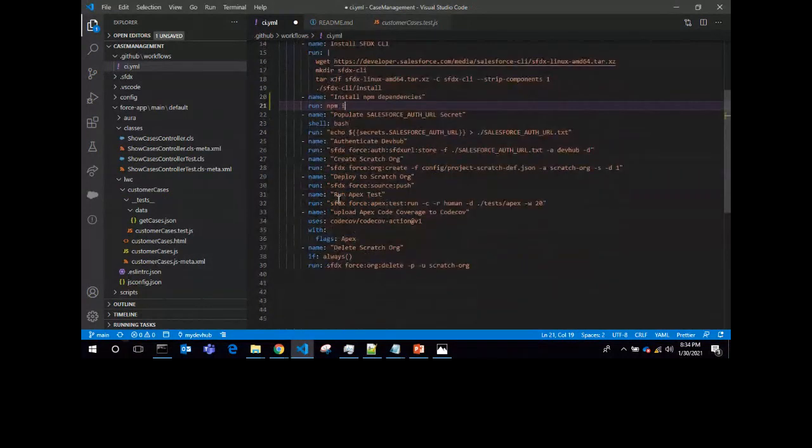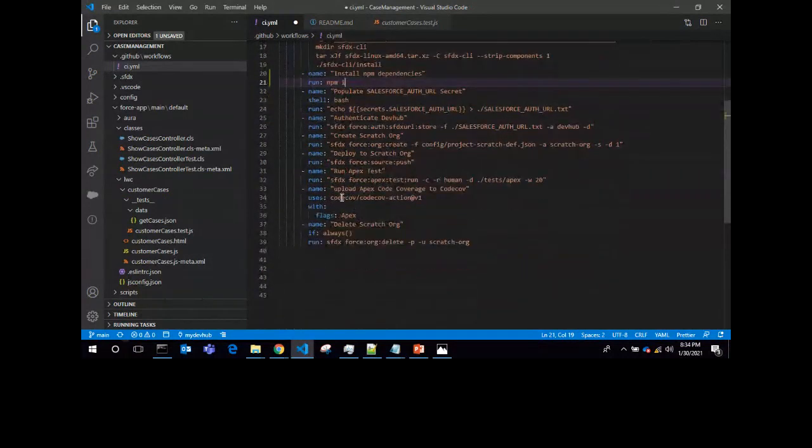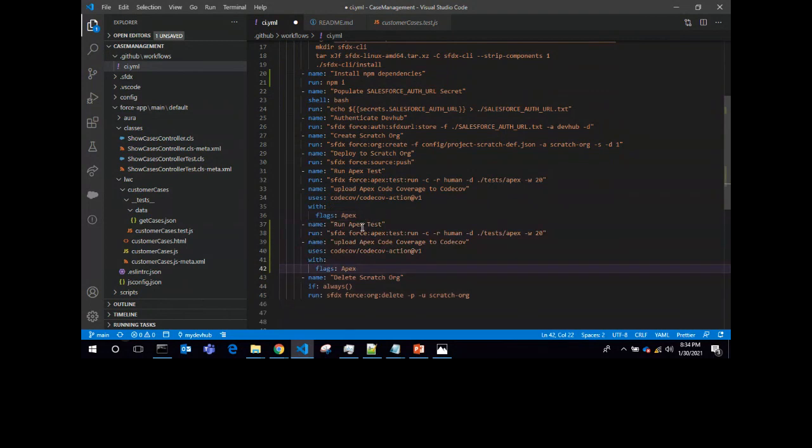Now I need to execute the test script, just like in Apex. I just need to copy this thing, Ctrl C, Ctrl V. Now let's say run LWC test, Lightning Web Component test.